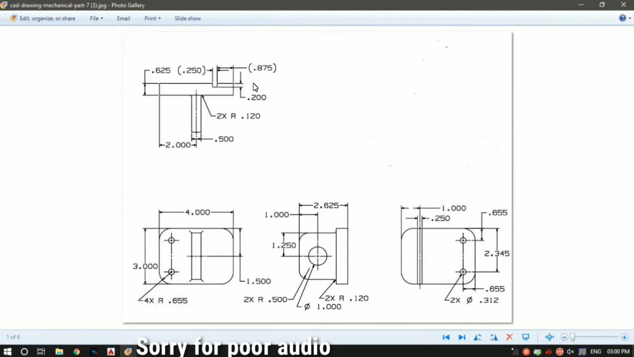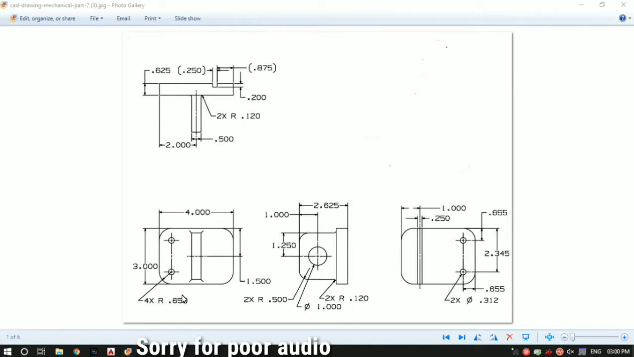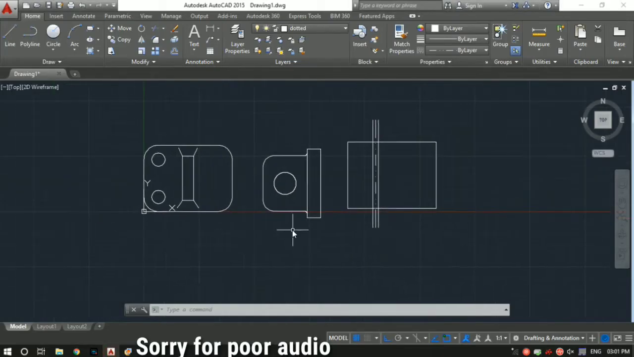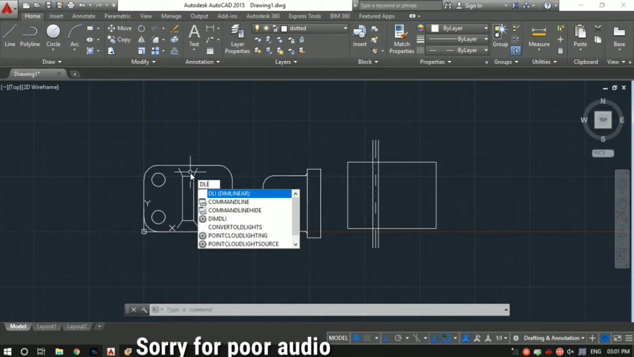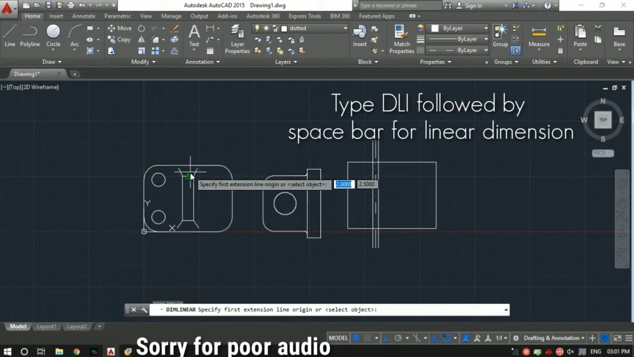And again, this part also looks the same, so I won't draw it. Instead, I'll make the dimensions so that you know how to dimension in your sheet. Dimensioning is pretty easy. Let's say you want to dimension the distance between this line and this line. Since it's a linear dimension, you can use the command D followed by LI, D linear, and then spacebar,